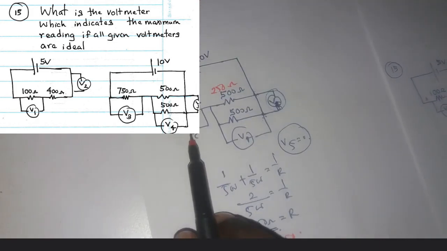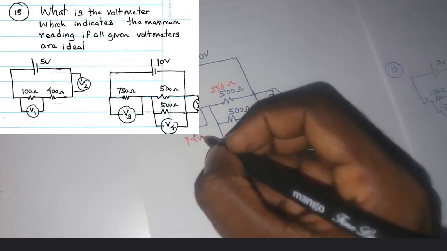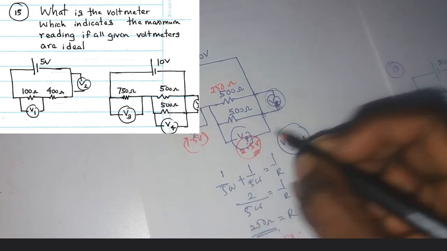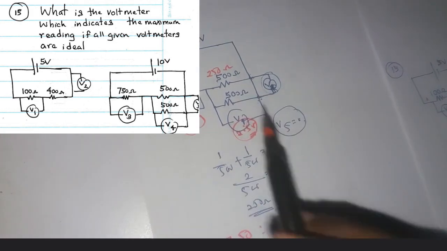So now we have the potentials. V3 is 7.5 volt and V4 has to be 2.5 volt, and the maximum voltage reading is V